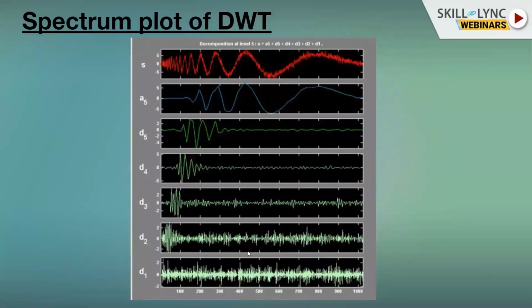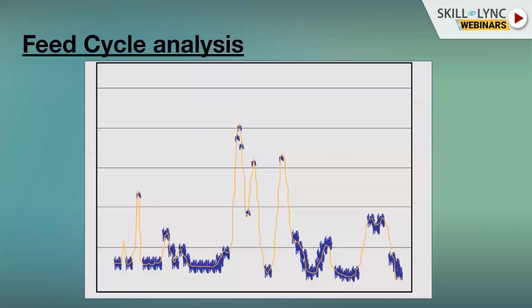You have to reconstruct it again and observe this signal based on changing parameters and the input parameters that we give. The output signals depend on them, so we have to manually check which different parameters give the best result for the given input raw signal, and then we finalize the algorithm. So this is field cycle analysis.